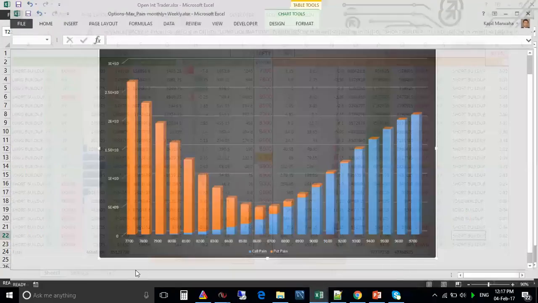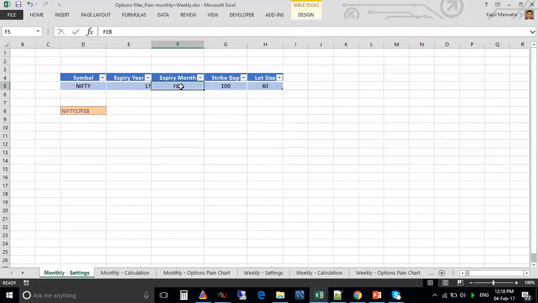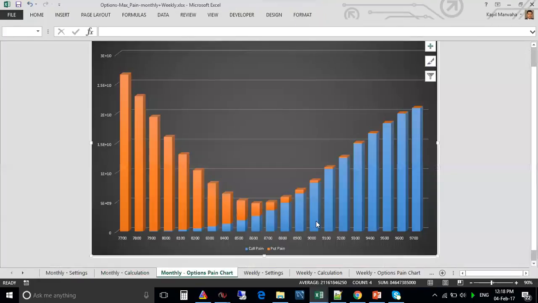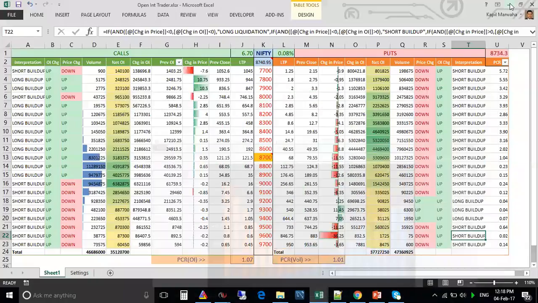We've also made this, max pain settings are done here. Say Nifty for the month; you'll have to change the month when the month expires, or any other month. And everything will get calculated here. Max pain has got calculated at 8600. We have put the formula here for the call pain and the put pain, and the same has got calculated here. And you can put it in a chart, and immediately you can see it. You can also do it for the weeklies over here. So all this is happening at the same time as you're using